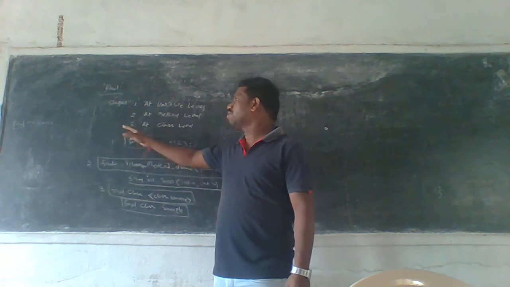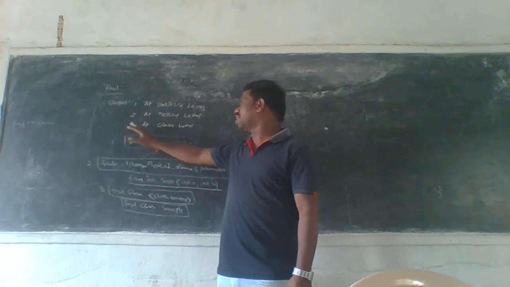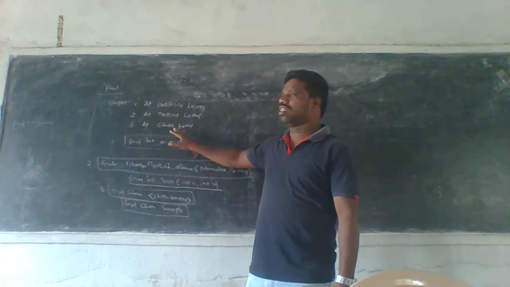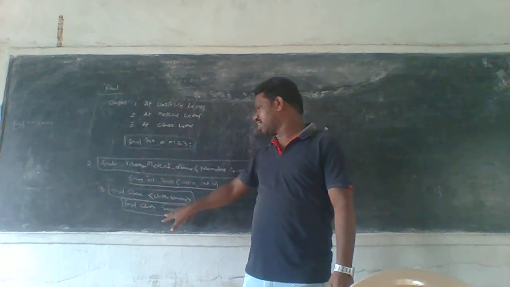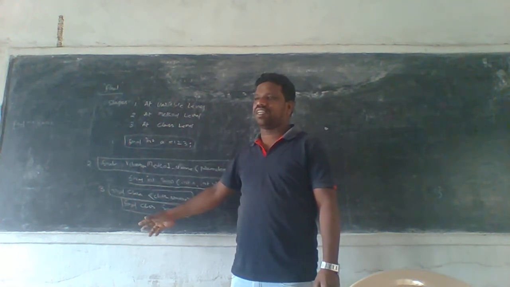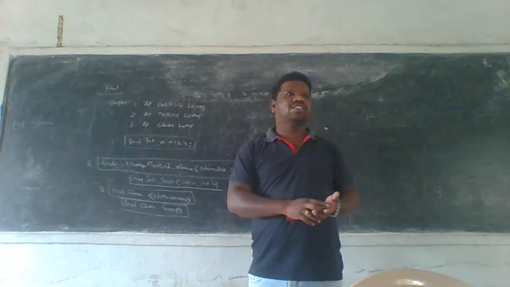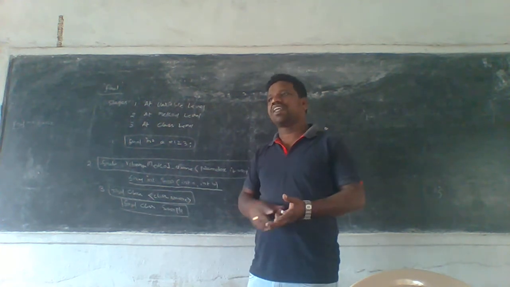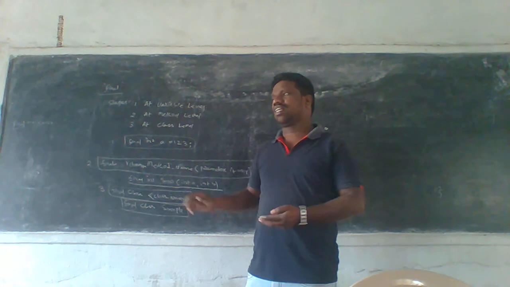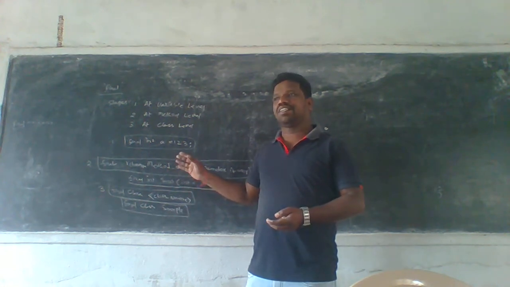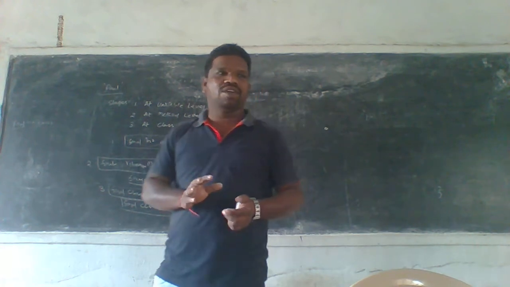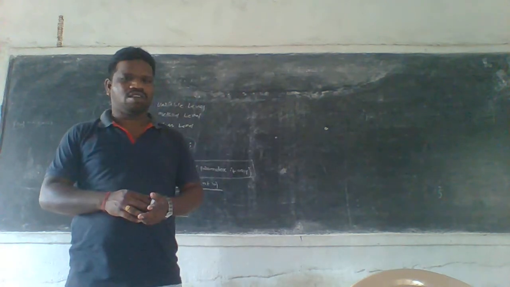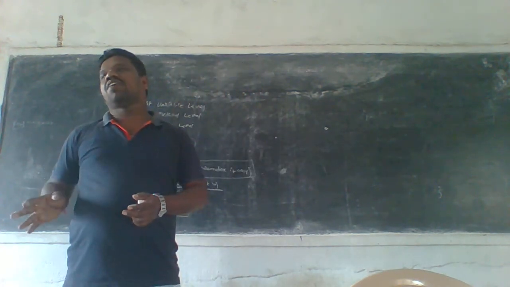If you use the final keyword at a class level, that class must be treated as a constant or final. Final is nothing but constant, and constant is nothing but final in Java. The final keyword is available only in Java, not in C language, and it is also not available in C++.